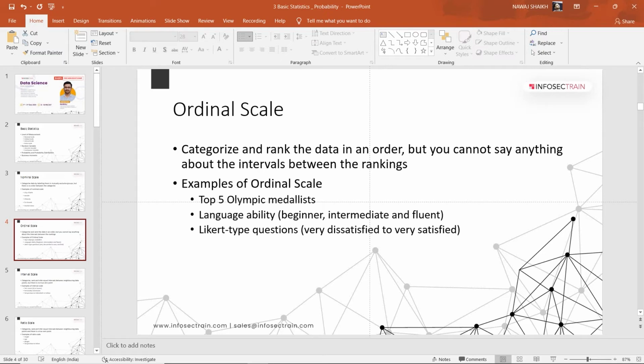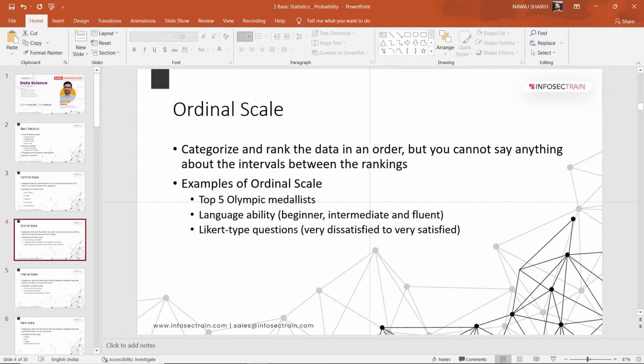Take a different example, language ability. Here we have an order in our data: beginner, intermediate and fluent. Also, consider the Likert scale.